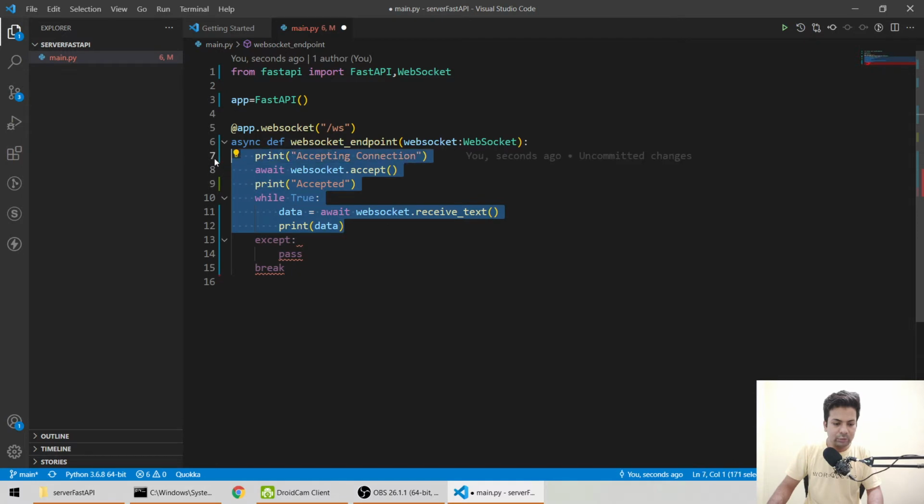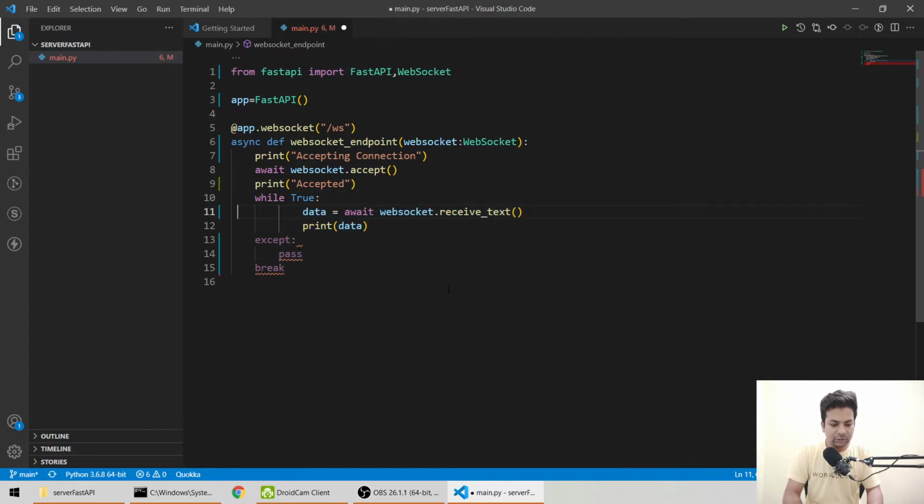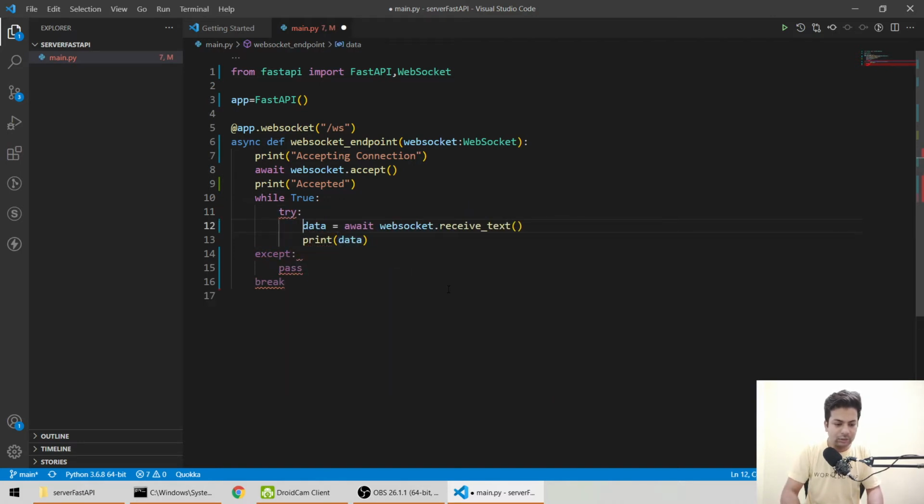Basically you have to put this whole thing in a try block, because disconnection can happen anytime. That's what I hate about Python. Okay, everything now looks fine.